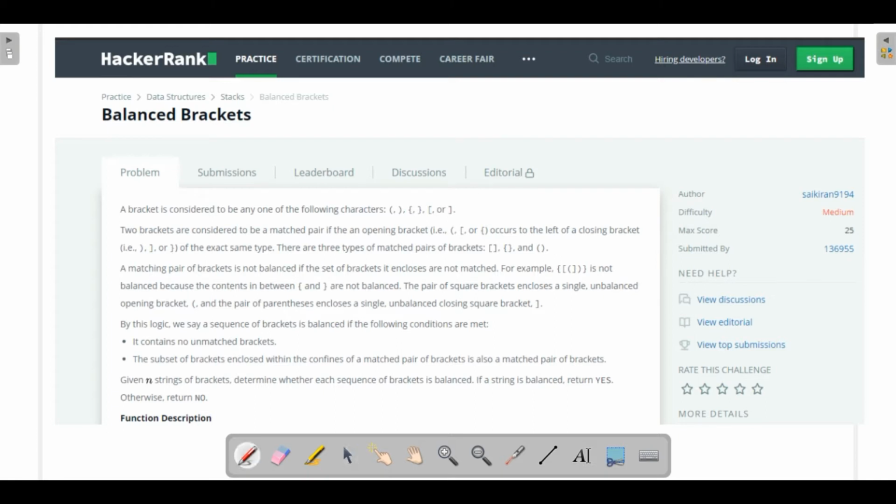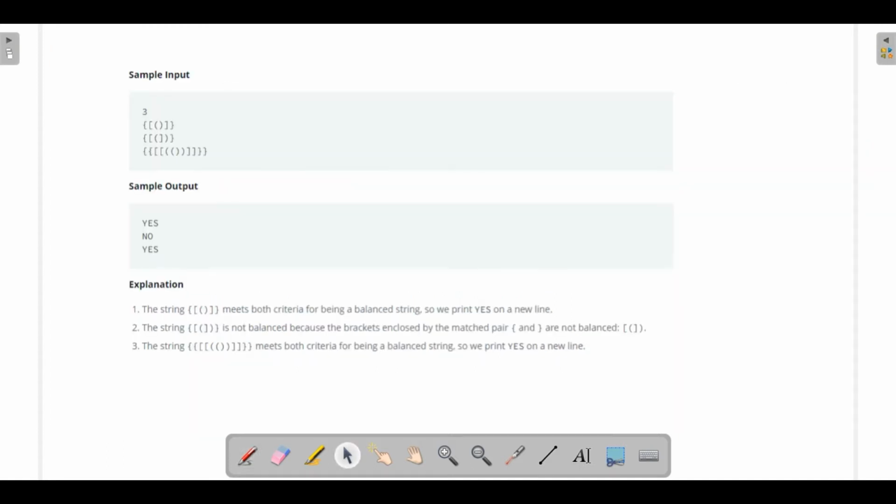That needs to be understood, of the exact same type, like this or this. Now we are given this function description, and we will see some sample input that we have discussed also.